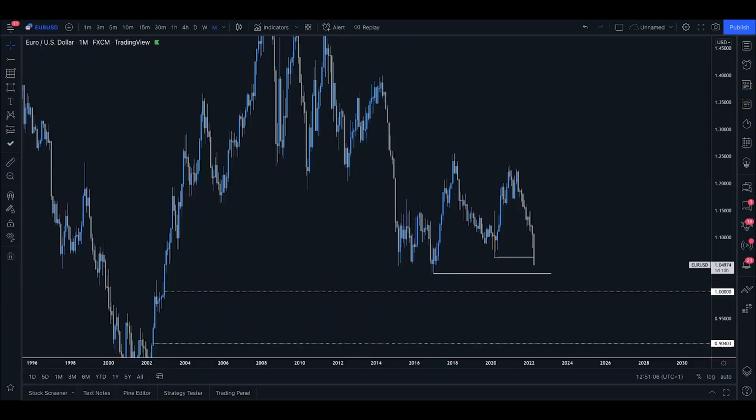Now, on the topic of the euro, the reason the money's flowing out of this one is simply because of uncertainty based around geopoliticals. So the eurozone gets a lot of its fuel, oil, gas from Russia, right? That's currently not happening, and there is extreme large tensions that maybe this is going to slow down dramatically. That's going to slow down economic growth, but it's also going to damage the currency because investor confidence is low.